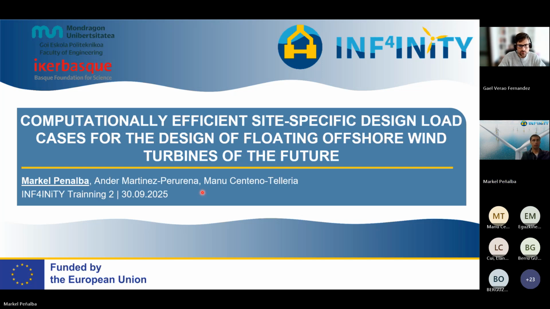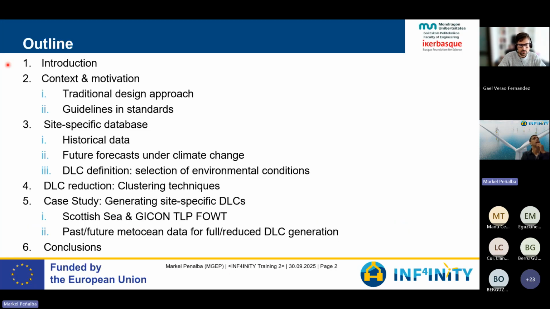So the outline of the presentation is the brief introduction about the project, and specifically the Work Package 5, which is the one where we developed all these aspects, the context and the motivation of designing and selecting a reduced set of design load cases,